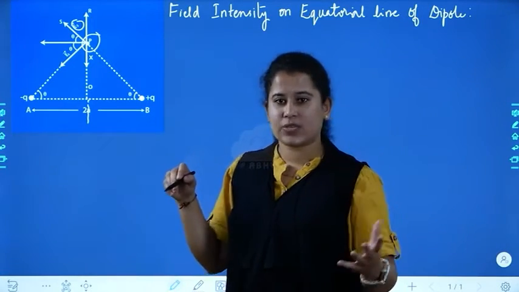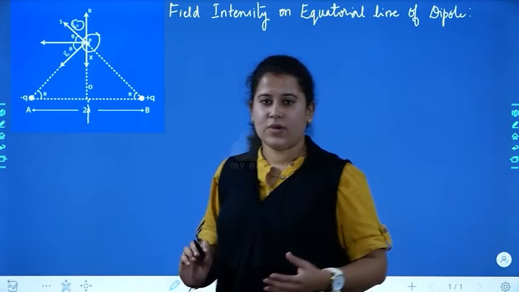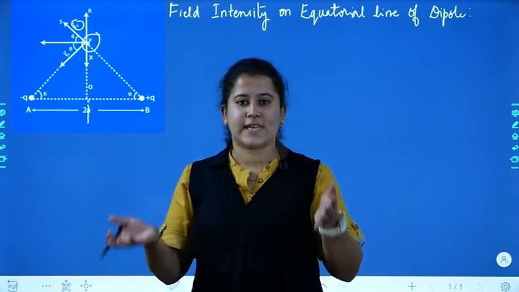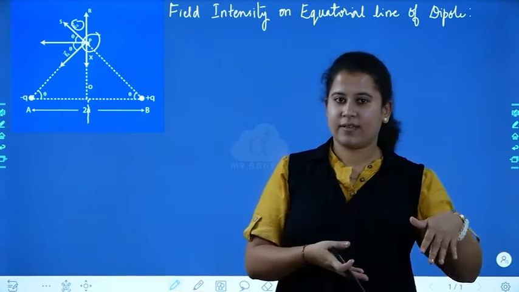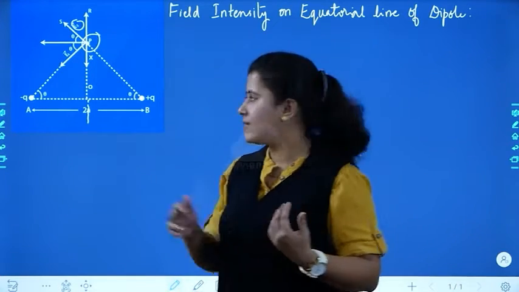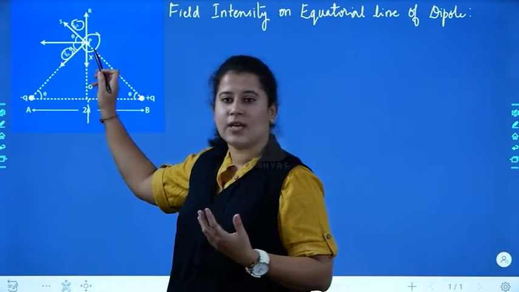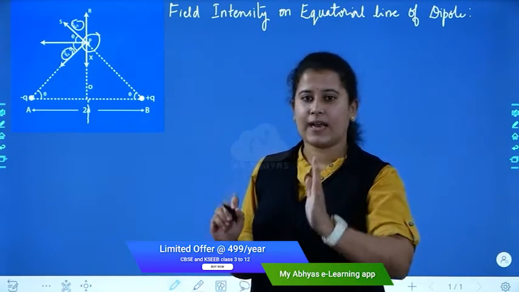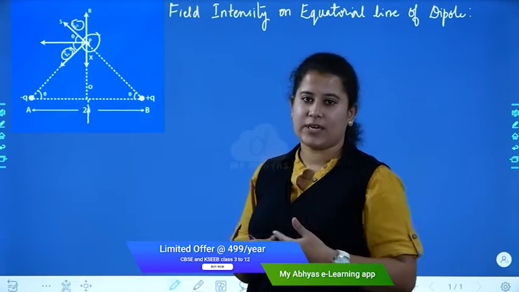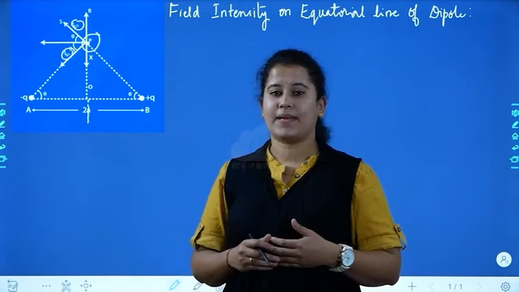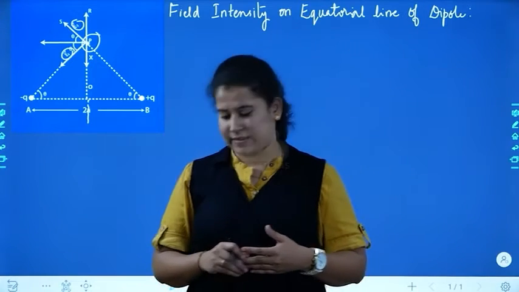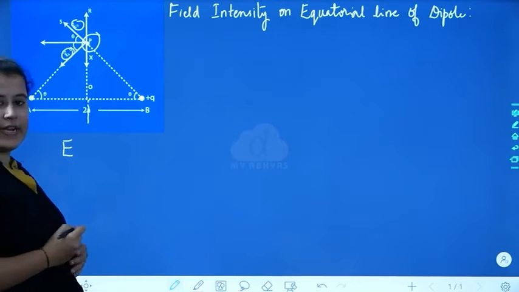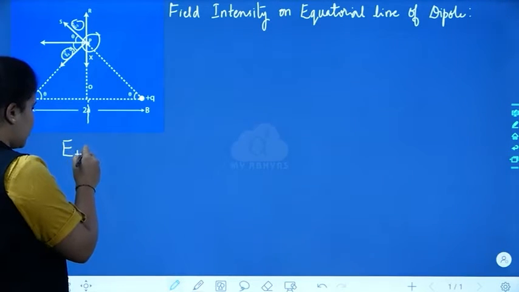Okay, and the next one is whenever I take minus q. So minus q means what is happening? There is a force of attraction, in the sense the electric lines of force are moving inward. So the forces acting here are at E1 intensity and also E2. So first we will find out at plus q what is the electric field intensity. Clear? So that is, for example, when I take the electric field intensity due to plus q charge.